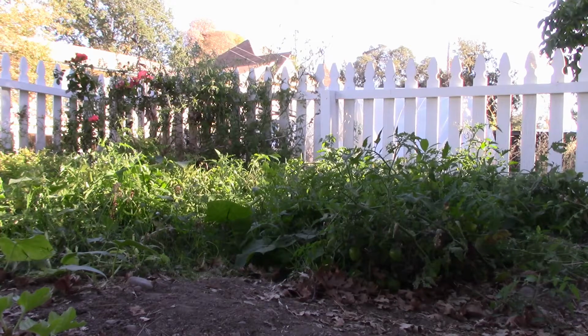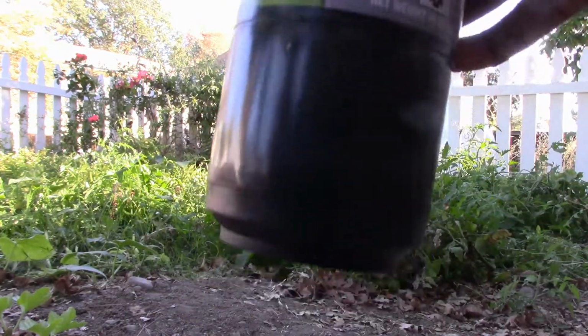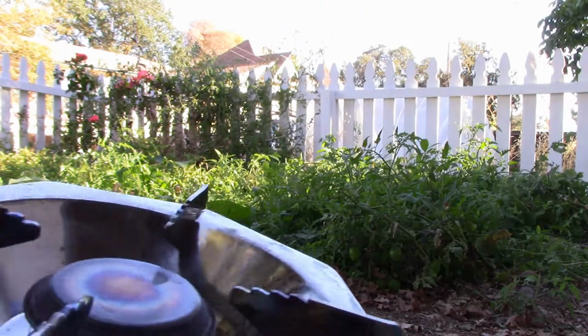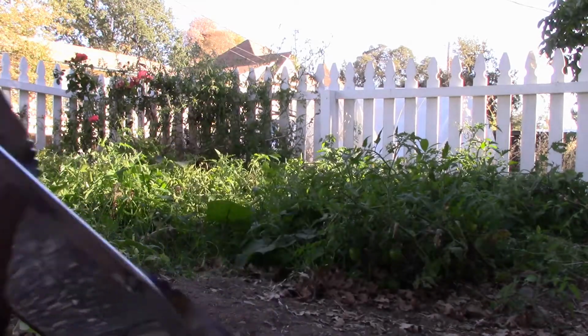I thought I should do a quick video of how to connect a propane can like this, a pound propane can, to a stove like this. So the main thing is that the propane inside, it comes out from the top, but you first have to